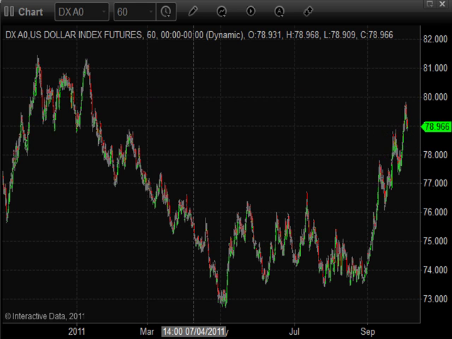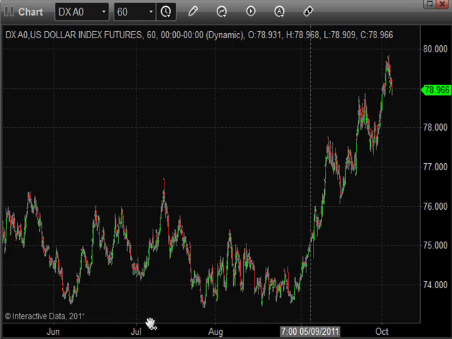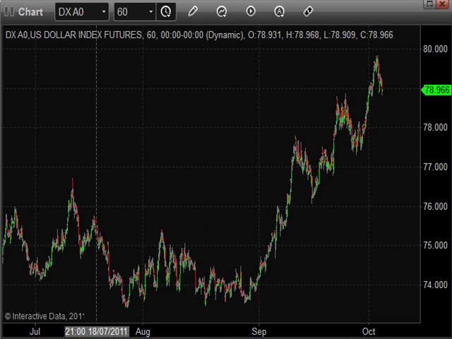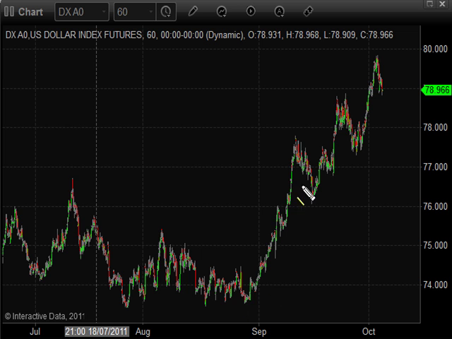So if we were to just draw a quick, I'll just zoom in a little bit here. If we were to just draw a quick trend line, we still have some good support down here. It is trading down to a short-term support zone. This morning it's pulled back, but if we break this trend line in the next little bit, then we could